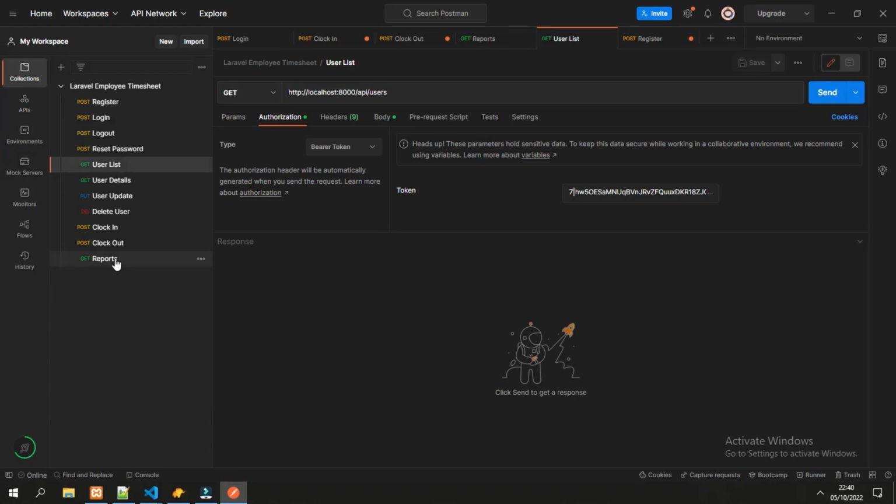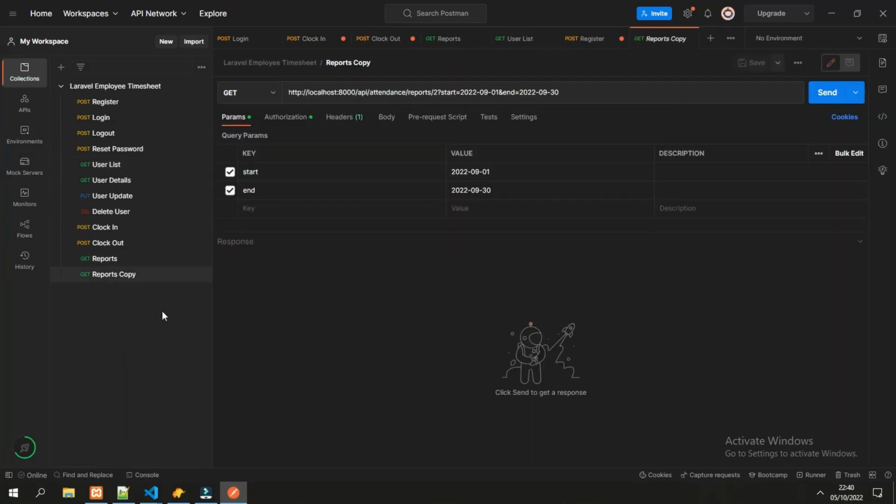We can copy from the reports. Let's duplicate this one and change the title to all reports and remove the ID. And let's try to run.